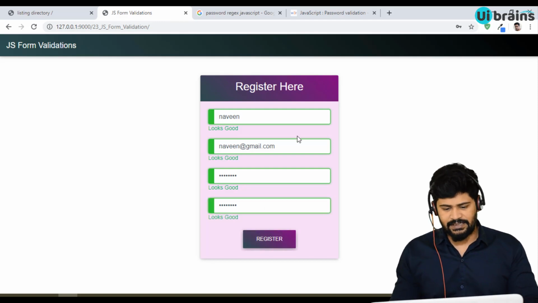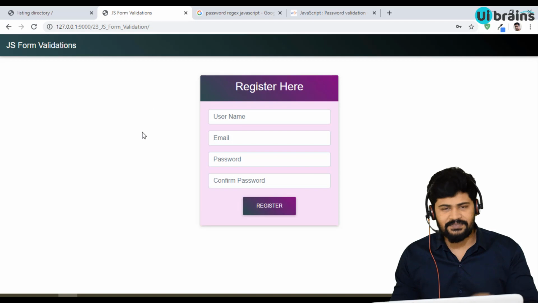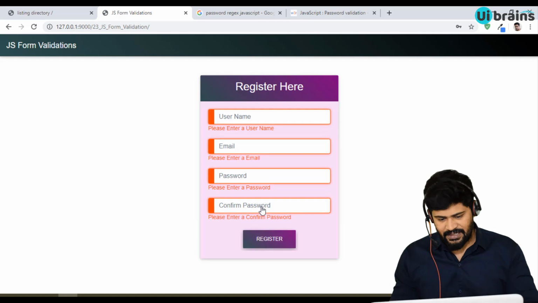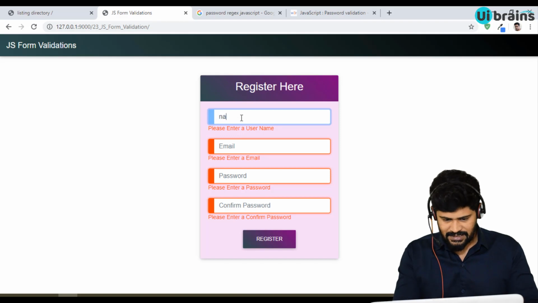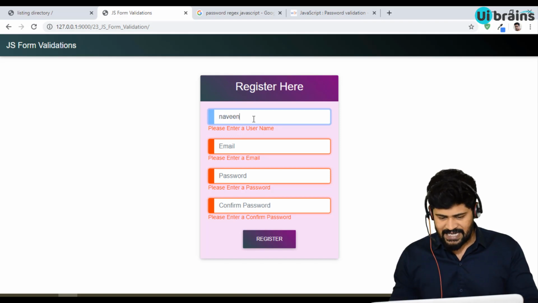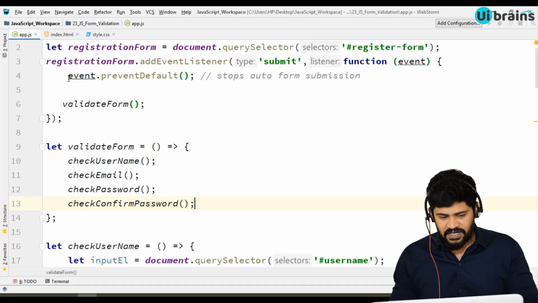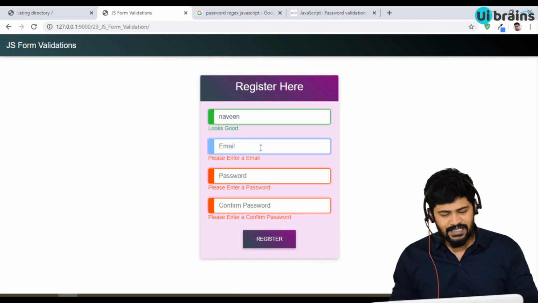Okay, looks good. Fine. But here one small problem is there. It's not a problem, but a small bug. When I click on register, all are highlighted, looks good, right? But the problem is when I'm typing. As soon as I type, it is not evaluated. The evaluation logic is that whenever you submit the form, you have to type it and click on register, then it evaluates, and then for the next one you have to type it and click on register again to evaluate. I don't want to do that.